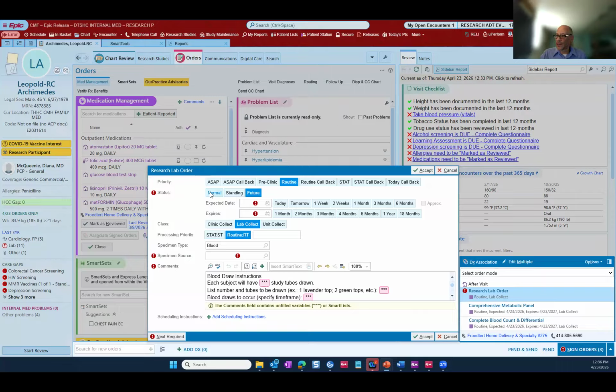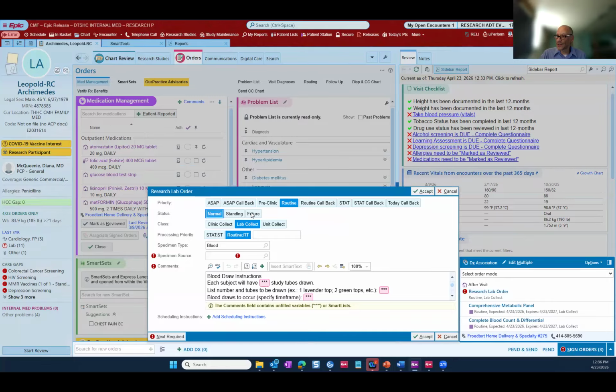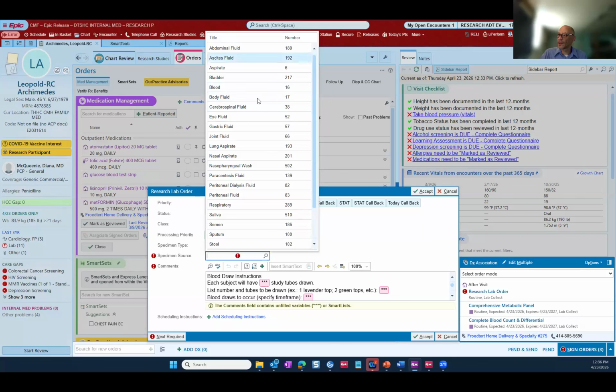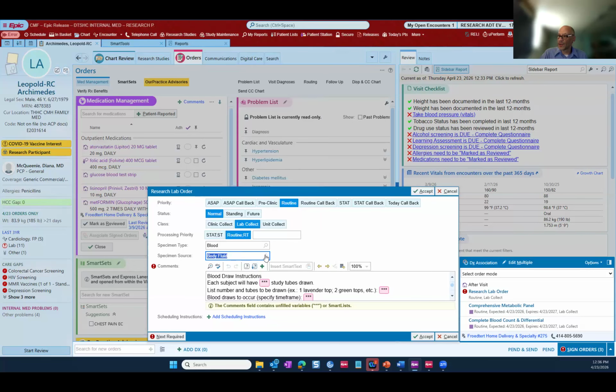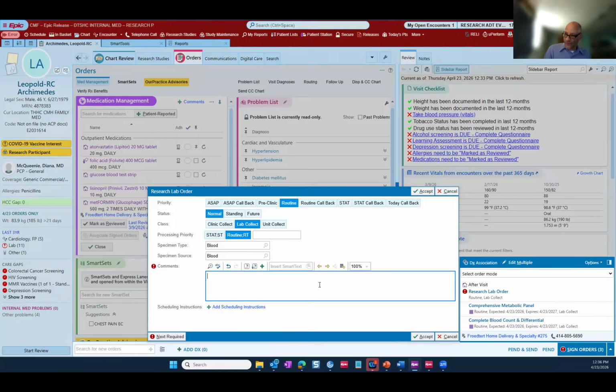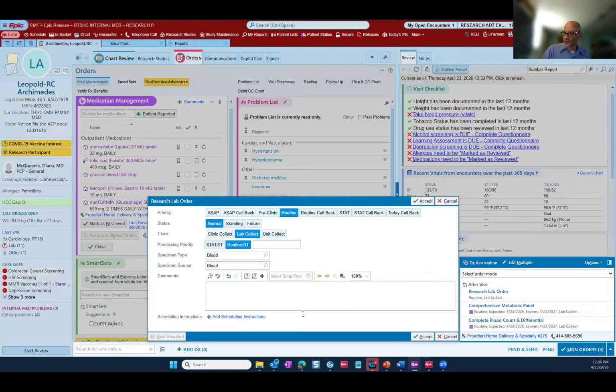and we need to just confirm our status, specimen source. If it's blood, we would choose blood. And then the comments here have to be filled out as well. So each of the wildcards that you see need to be filled in. I'm just going to pull it out for time purposes, if that's okay,